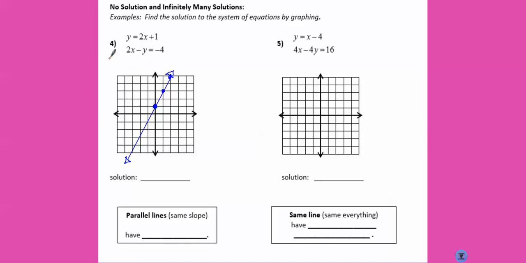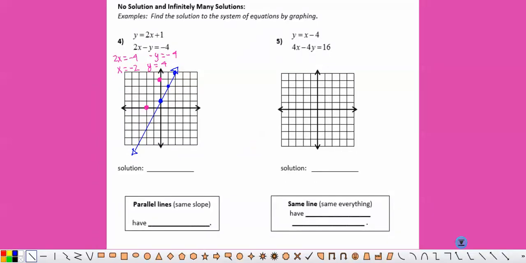For my second equation, 2x equals -4, so x equals -2, and -y equals -4, so positive y equals +4. So I'm going to go to x equals -2 and y equals 4. If I use my ruler to connect the dots,